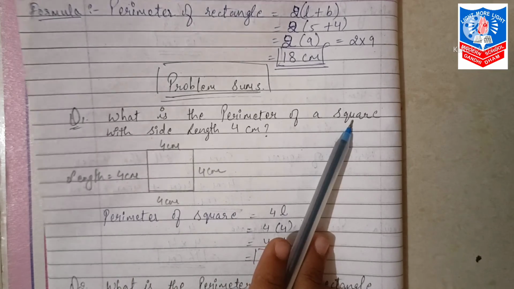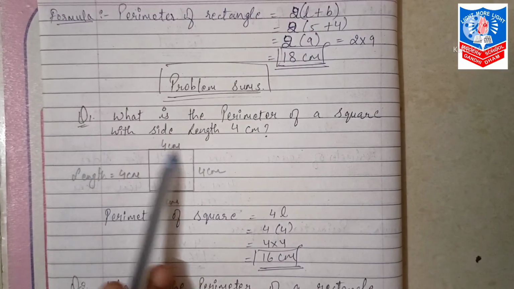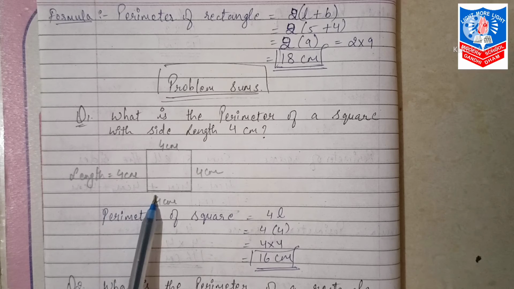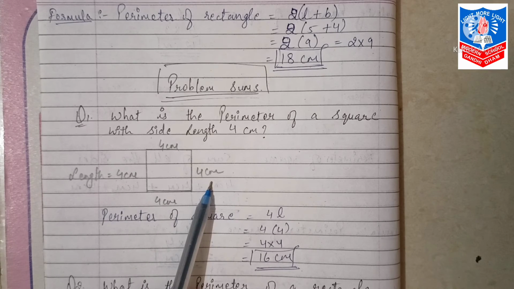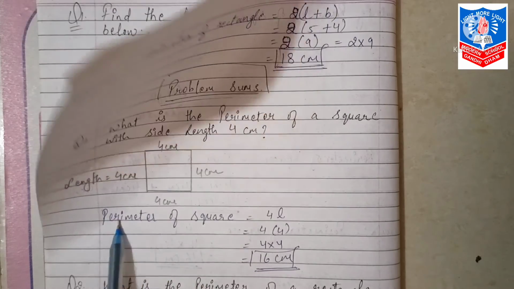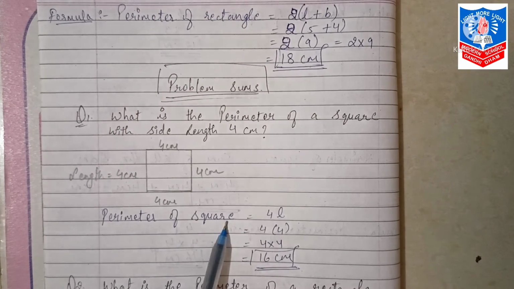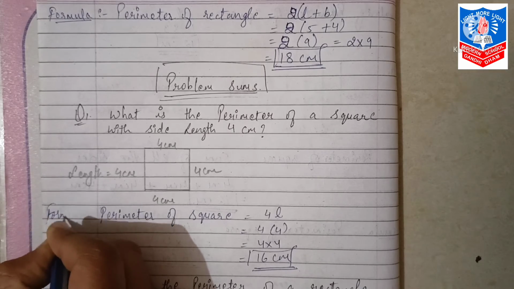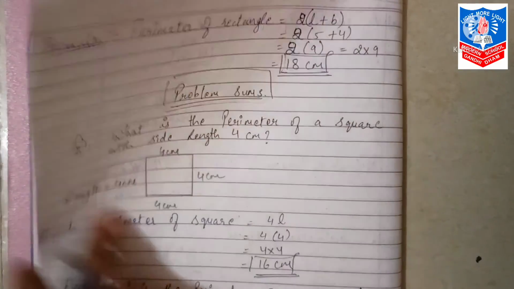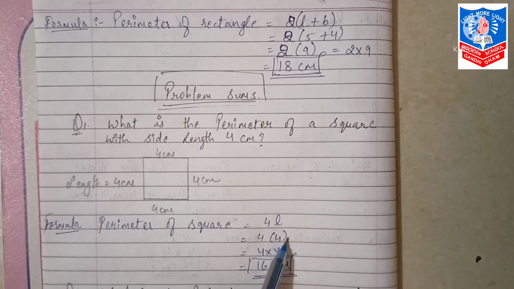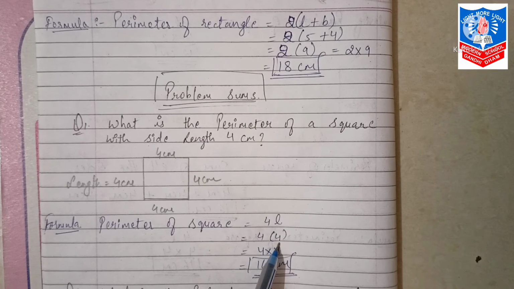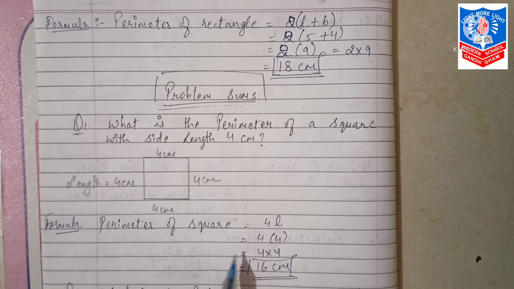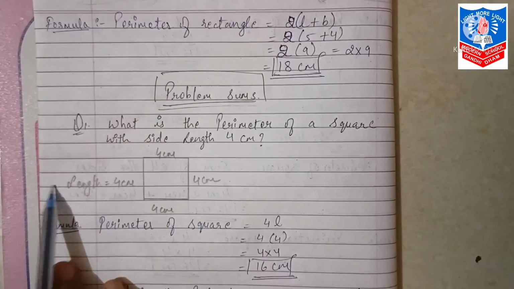अब पहली बात तो वो square है. That means you will get all the 4 sides equal. Okay, length and breadth आपका दोनों ही 4 centimeter है यहाँ पे. Okay, so perimeter of square हम डायरेक्टली फॉर्मूला अप्लाई कर रहे हैं यहाँ पे. ओके, फॉर्मूला इज 4L. 4 मल्टीप्लाई बाय 4 क्योंकि 4 सेंटीमीटर है. फाइन. So 4 into 4 equals to 16 centimeter.